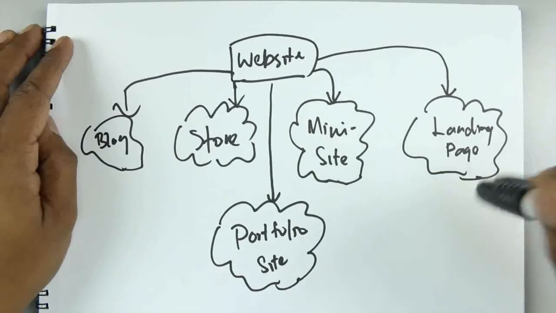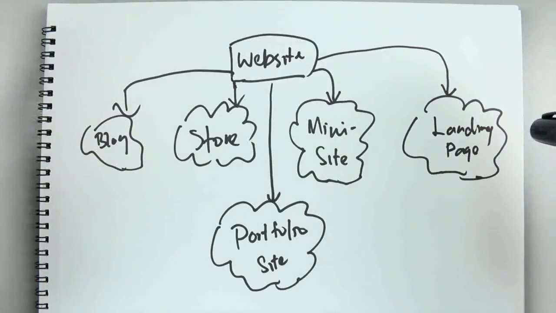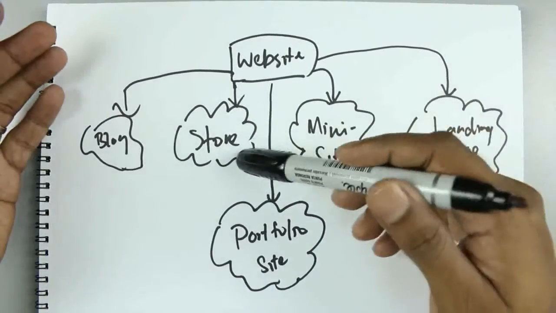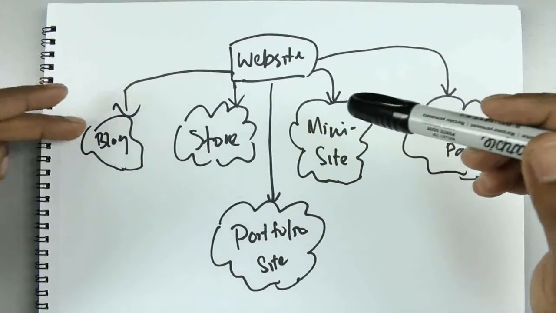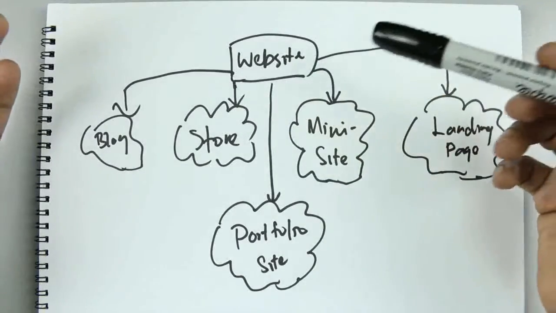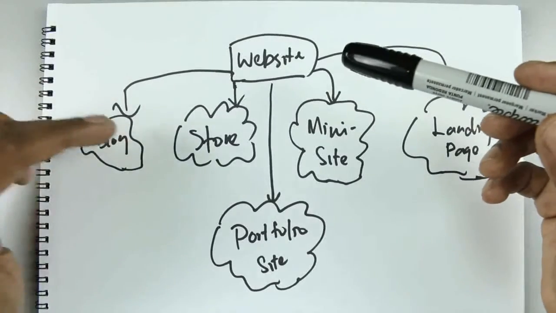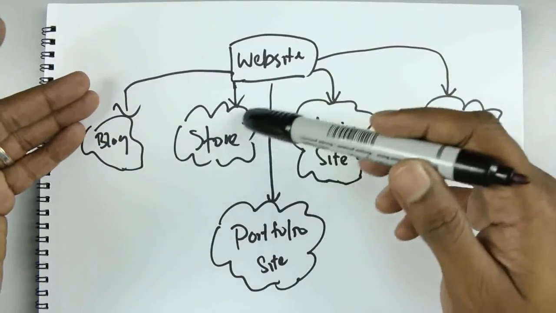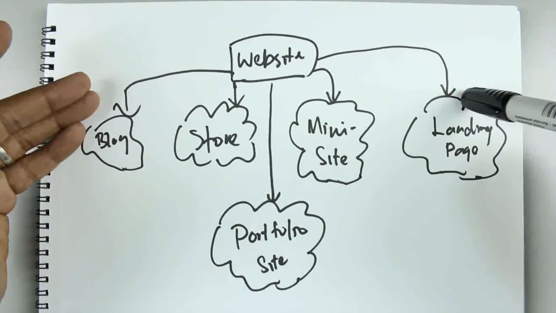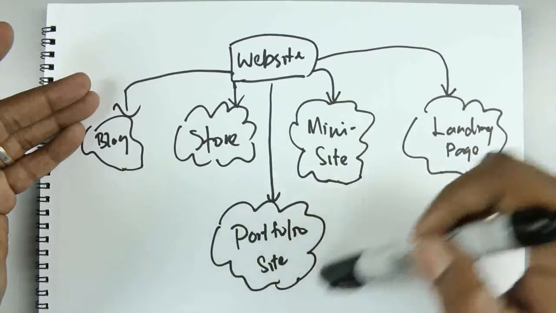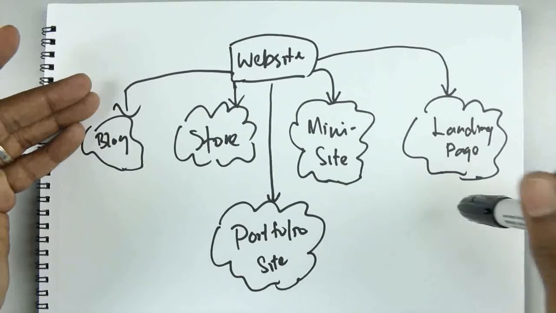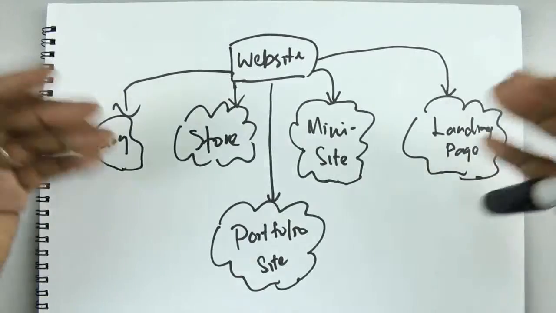But today, the lines are blurring between the specific types of website according to function. Today you can have a system that is an e-commerce store, but also has a blog feature built into the system, for example Shopify. And you can also have a WordPress blog that is initially just a blog, but you can add plugins to add an e-commerce store, plugins to create landing pages, and even more plugins to create a portfolio type of layout for your site. So the lines are really blurring in today's online marketing world because things are starting to converge.